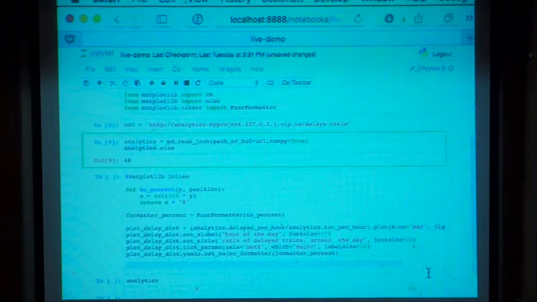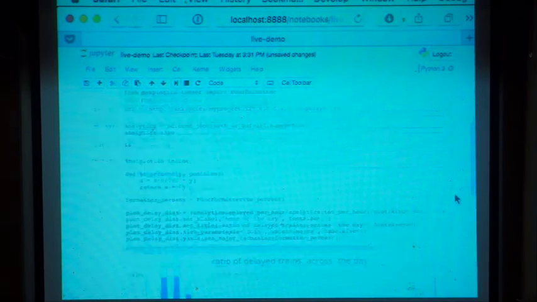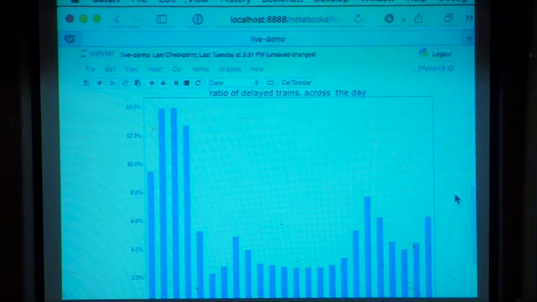Now, on to the big question. The next cell takes the analytics that it got and plots them. And we see that,